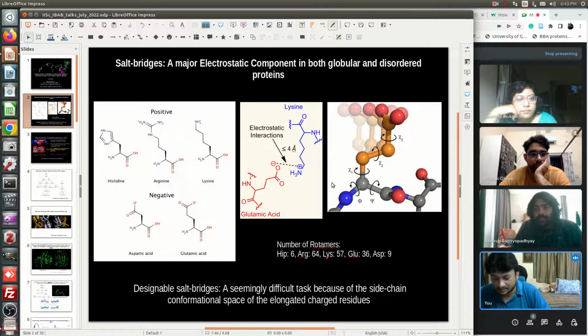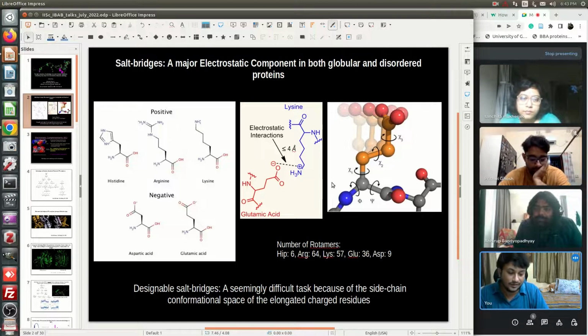If you explore the Dunbrack rotamer library, you get 64 rotamers for arginine and 57 for lysine. So essentially they are very elongated residues. That is one of the reasons why there probably hasn't been a single report of a successful salt bridge design in designed proteins,